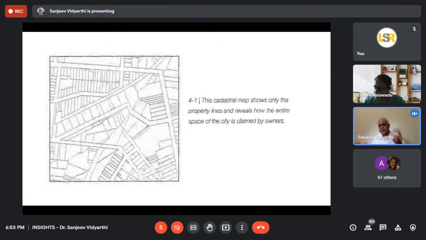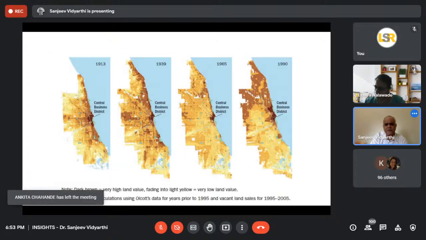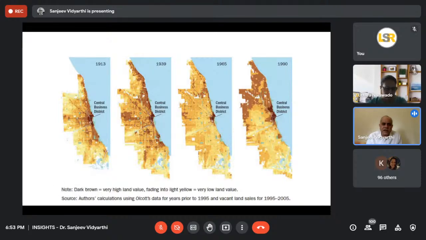Who's the largest landowner? Where have they gotten this land from? And so on and so forth, right? So this is a series of maps that shows how this changes dynamically in different parts of the world. Ye Chicago ke maps hai. So I thought I'll show you a few images from Chicago. So 1913 se lekar, and then there are another 4 maps that would follow on the next one. And what we are showing is, jo dark brown color hai, uski high land value, right?